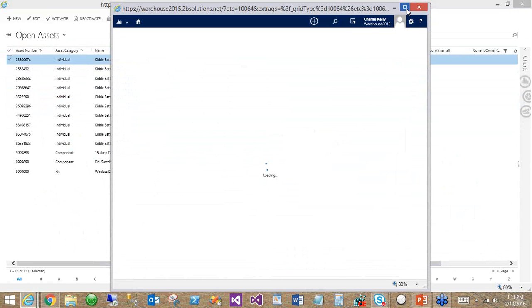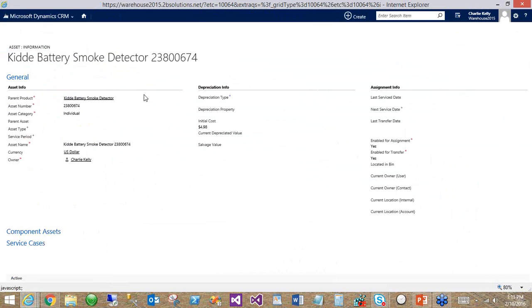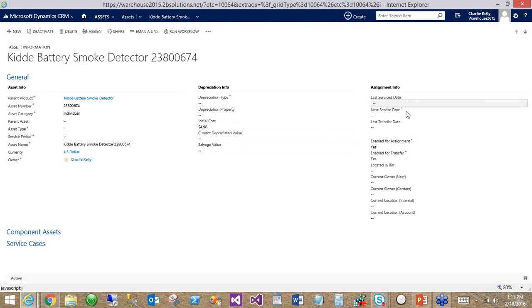If we open up one of these asset records, we'll see a number of different properties can be captured here, including depreciation type and cost, salvage value, as well as service dates. You can also create a dashboard or use one of the pre-built dashboards to track upcoming service warranties at 3 month, 1 month, or